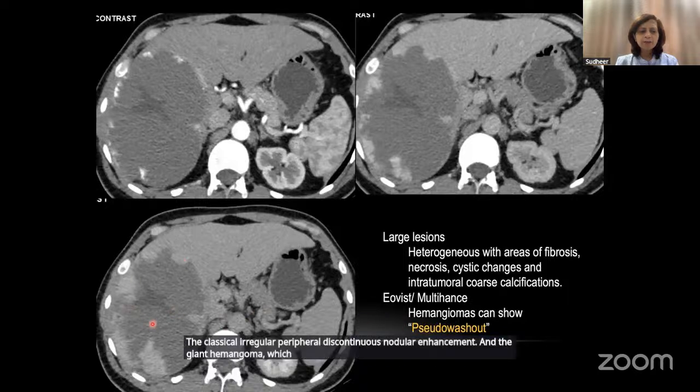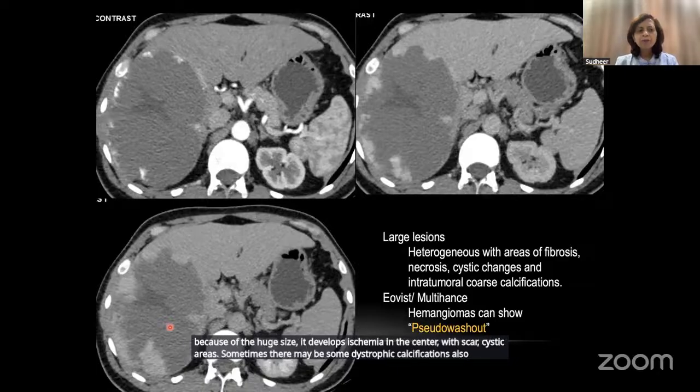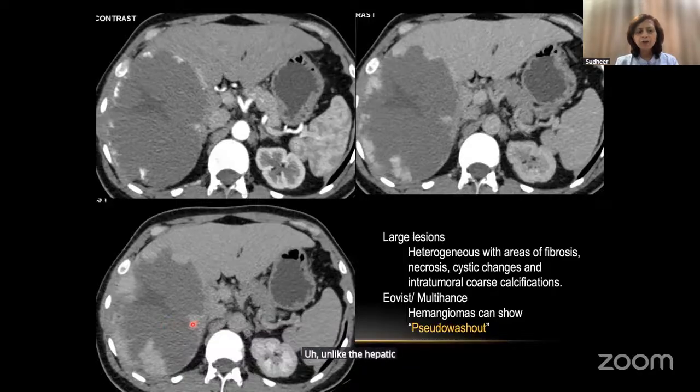also shows a similar kind of enhancement pattern, but because of the huge size, it develops ischemia in the center with scar, cystic areas. Sometimes there may be some dystrophic calcifications also. And one should remember that both hemangioma and giant hemangioma show a pseudo washout, unlike the hepatic epithelioid hemangioendothelioma,